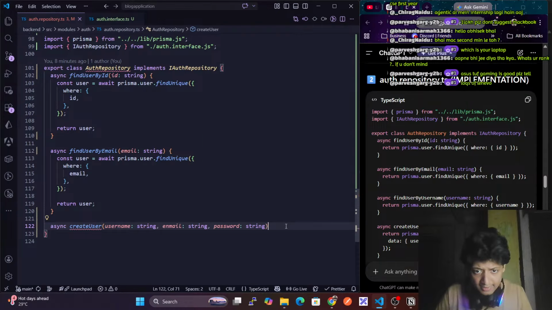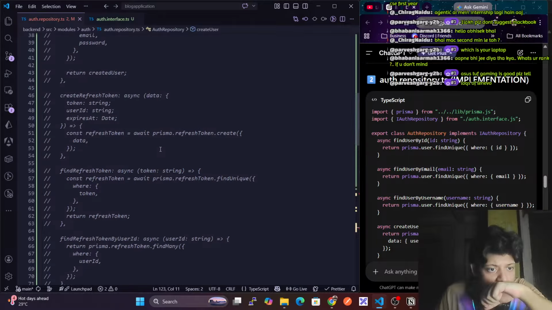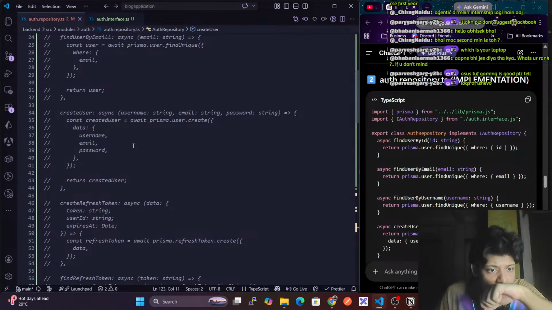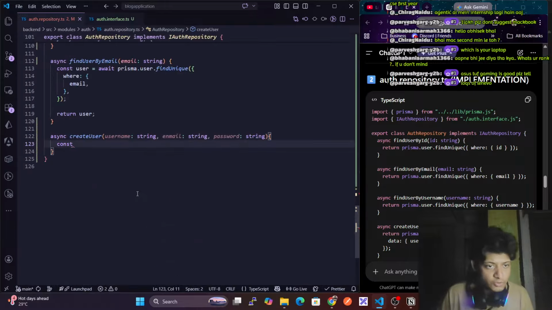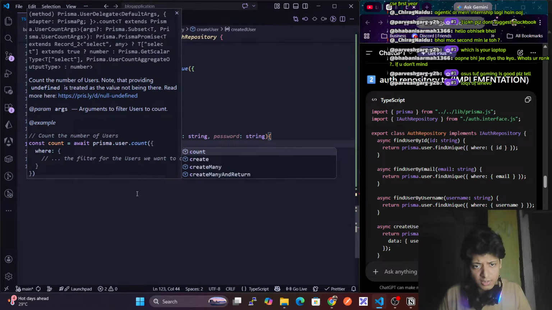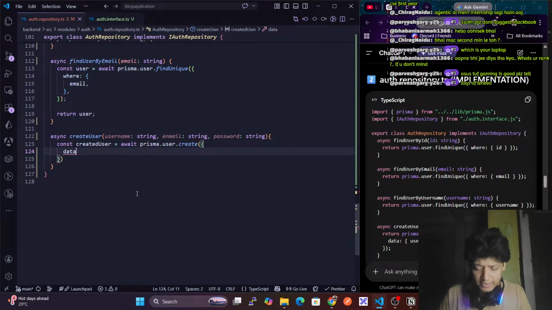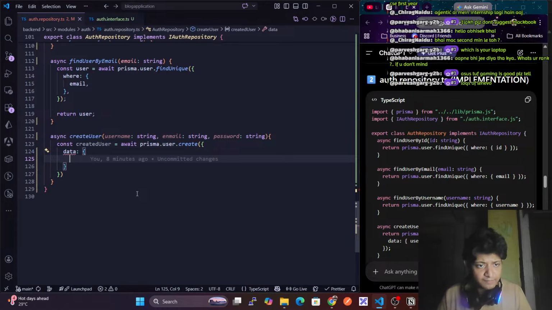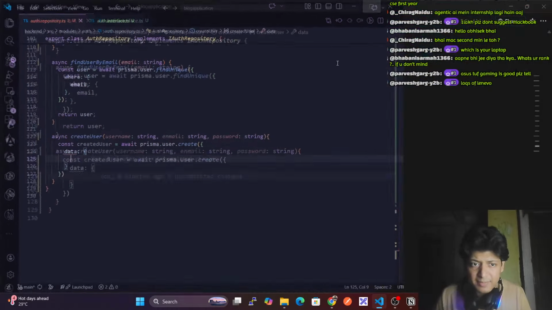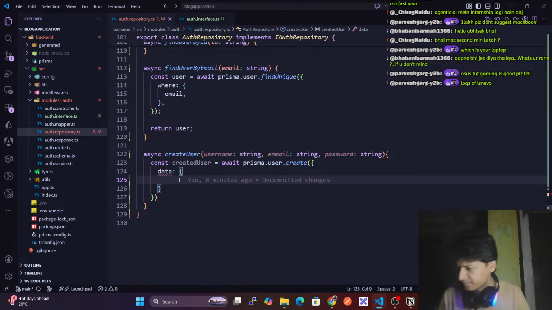Okay, and here we have const, this we had create user, we already created user. Okay, so here we have createdUser equals await prisma dot user dot create, then we pass the data here. Data we have data here. Okay, so now I can just minimize this because it is not required much. So we have data here,